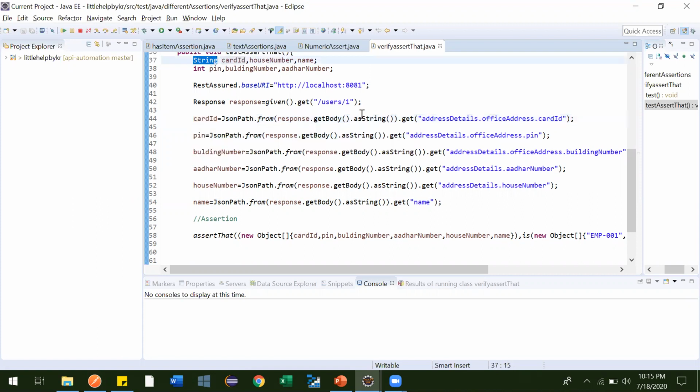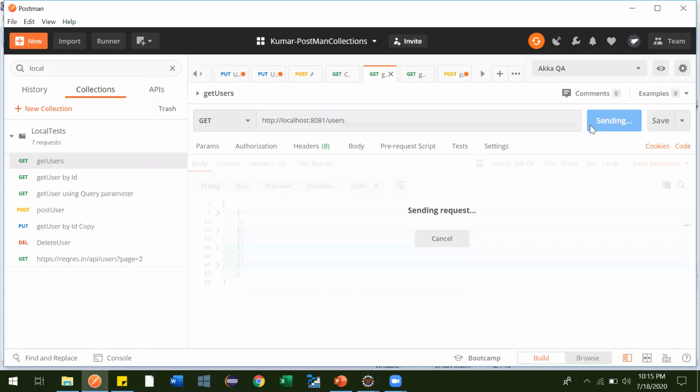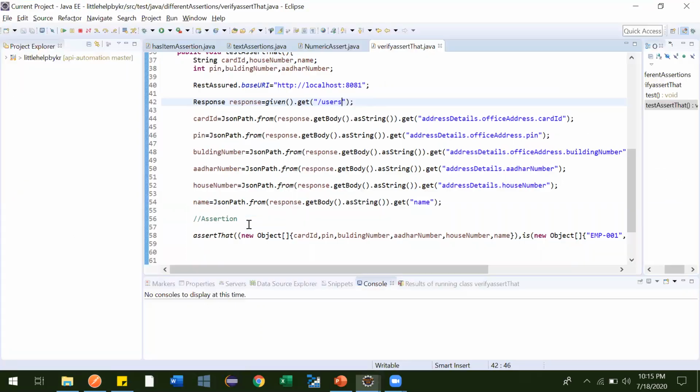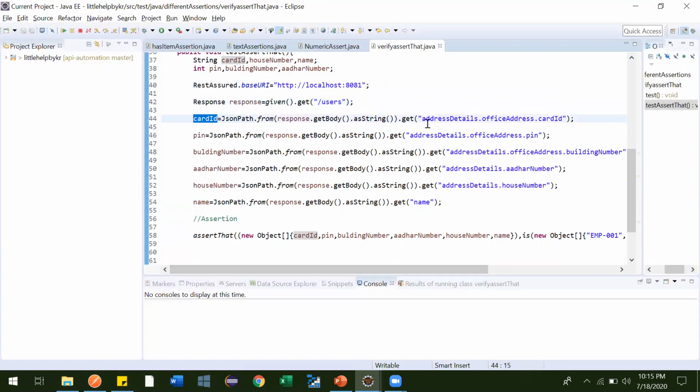But now when you hit this, the users API, which one should it fetch? Earlier, when it was one response, it fetched that card ID directly. But now we have 4 in the response, and if we try to get the card ID, which card ID will it give?